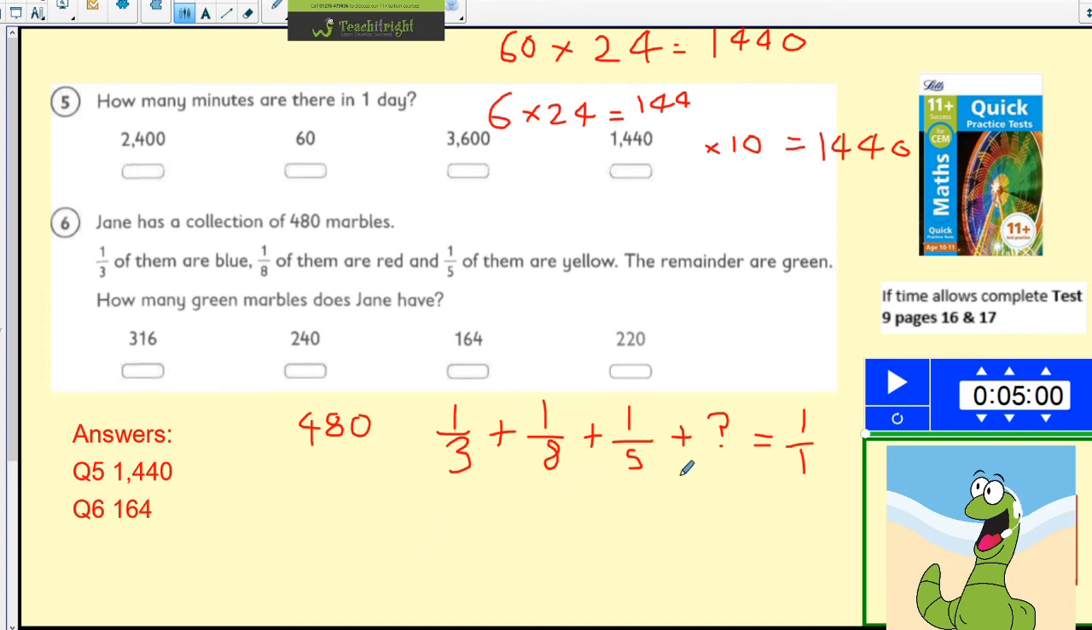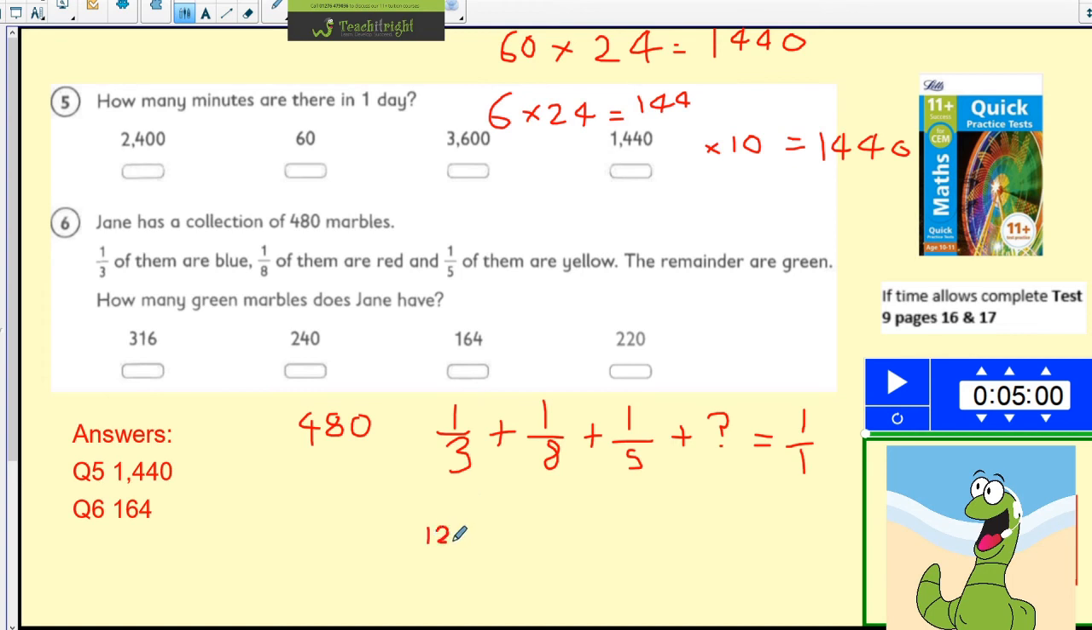The way to do that is to find the highest common multiple of all of these. There's a load of ways you can do it. You could do 3 times 8 times 5. That would work. You can have a think if you know any number that's in your 3, 8 and 5 times tables. But I think the easiest for me is to just times them all together. So let's do 8 times 5 first, which is 40, times by 3, which is going to be